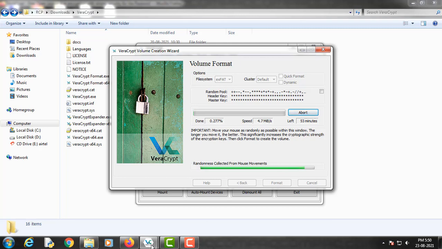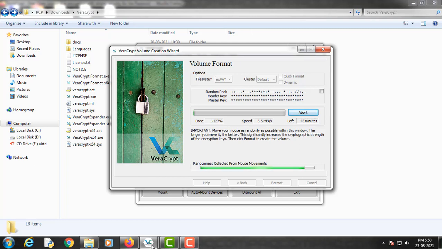As you can see, VeraCrypt has started formatting my USB drive, and you can check the progress of the process by looking here. It has completed 1%.